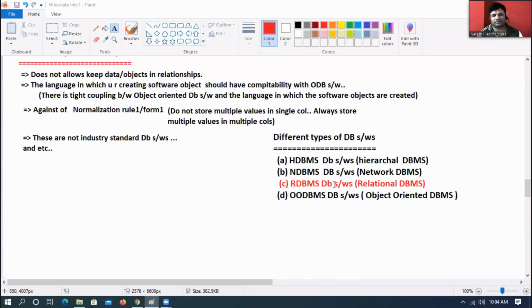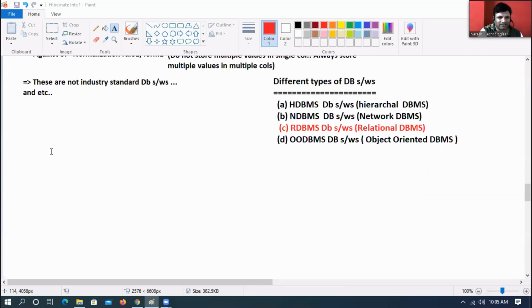Nice, boss. But one issue is there. These RDBMS database softwares are not ready to store objects. But a Java application gives me full of objects. Are you getting my point there or not there? So now let me talk about